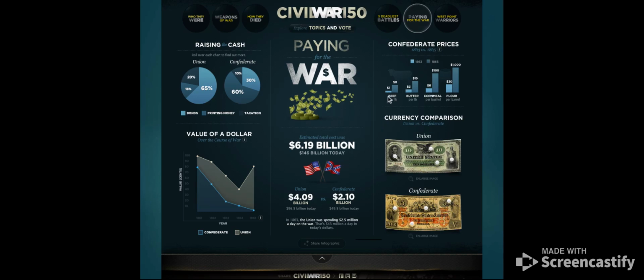So in 1863, a pound of beef cost you $1. By 1865, that same pound of beef, the beef hasn't changed, is now $8. So prices went up by 8. Butter from 5 to 15. Cornmeal, $6 to $100 per bushel. And finally, flour, a barrel of flour, $30 in 1863, $1,000